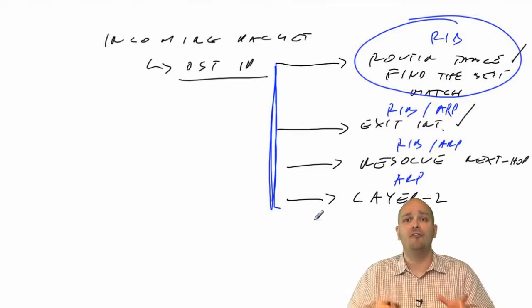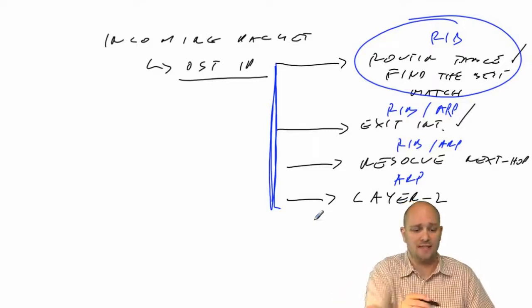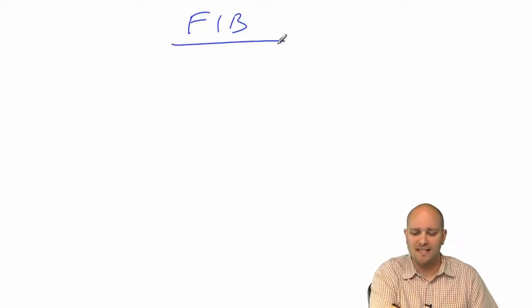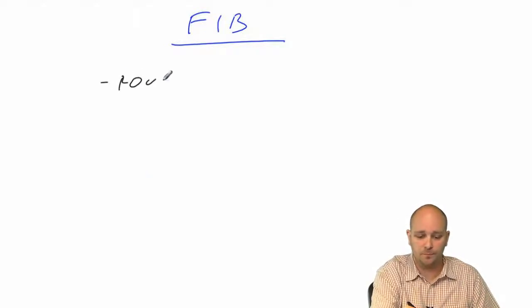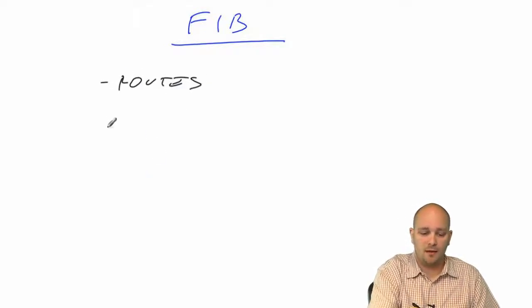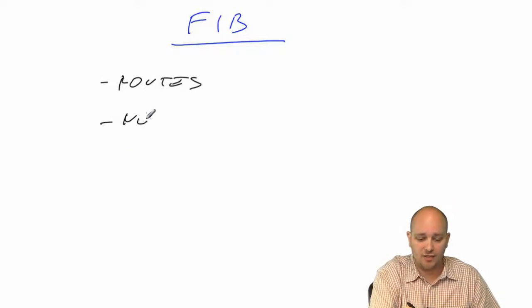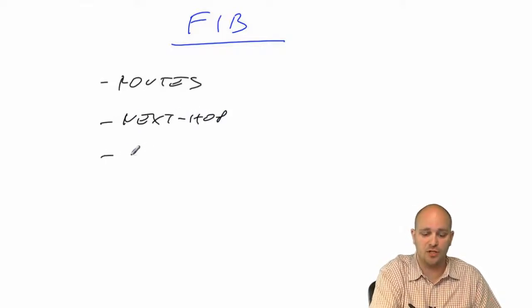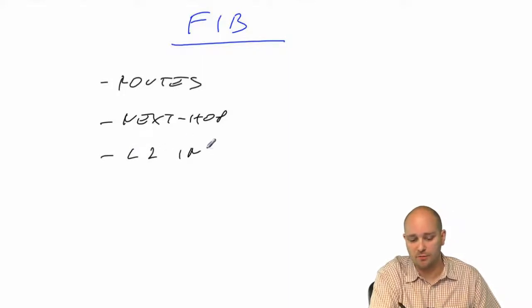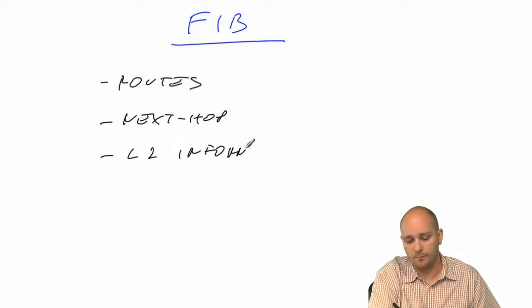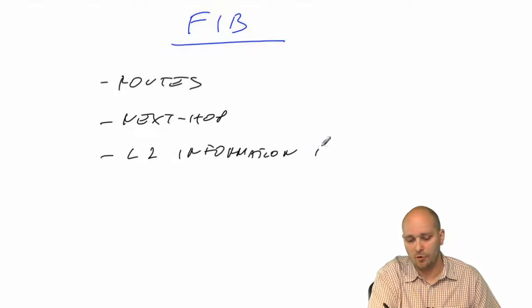They created a forwarding information base, or the FIB, which is basically a database that contains information about routes. It contains information about next hops. It contains information about layer 2 information for next hops,